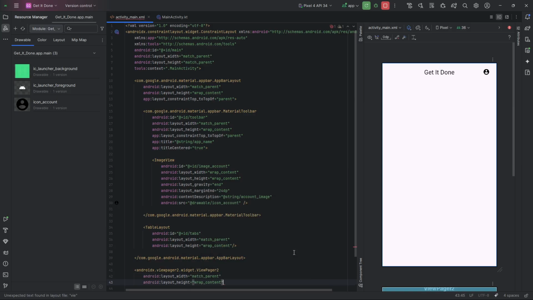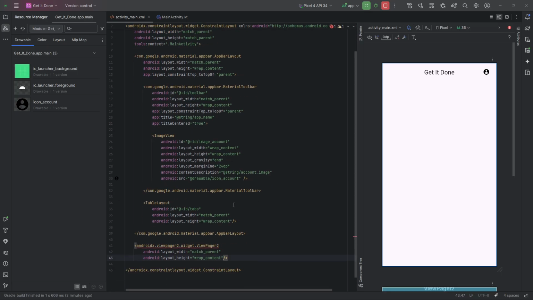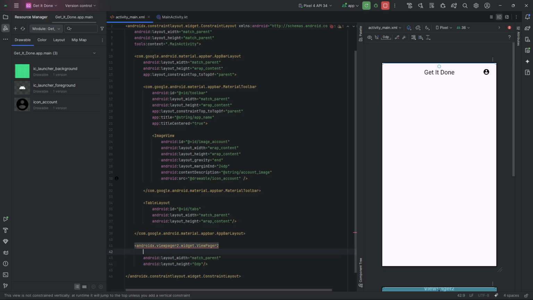So app bar. So now we can do the top to the bottom of the app bar, but then the bottom to the bottom of the screen, or parent rather. And now I can give it an ID of view pager, or even just pager will be fine, probably. Pager. And then if I look to the right and see where the blue outline is for my view pager, I can see it's nicely pinned to the bottom of the whole app bar, but then goes to the bottom of the screen. So using an app bar layout is a pretty useful way to stack things